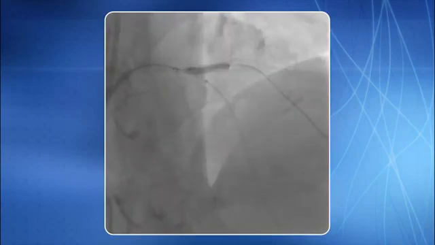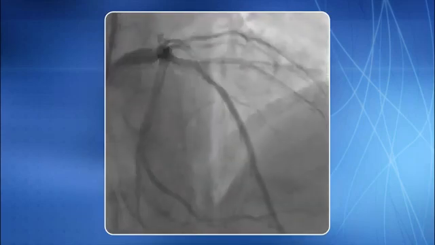The first stent was parked in the diagonal and a balloon was parked in the LAD across the origin of the diagonal. The stent was deployed in the diagonal. Note that the balloon in the LAD was kept uninflated. The stent balloon was pulled back and another inflation was given, keeping it partly in the diagonal and partly in the LAD. The stent balloon was removed and the LAD balloon was inflated at 15 atmospheric pressure. The angiogram here reveals the stented D1 segment and ballooned LAD segment.